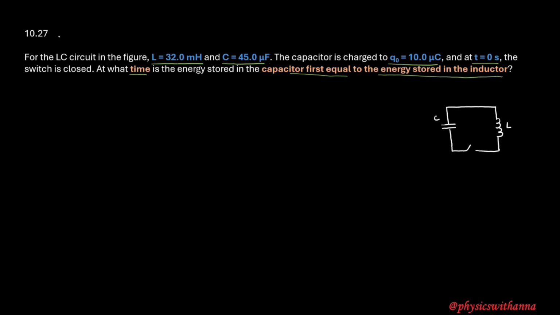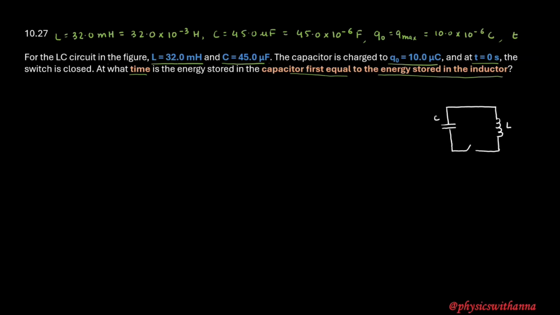So here in this question, we have an LC circuit that has inductance L as 32 millihenry, which you can write as 32.0 times 10 to the power negative 3 Henry. Then we have the capacitance C as 45 microfarad, which can be written as 45 times 10 to the power negative 6 farad. The charge Q naught, which is also the maximum charge on the capacitor, is 10 microcoulomb, so 10 times 10 to the power negative 6 coulomb. And we need to find at what time t will the energy stored in capacitor first equal the energy